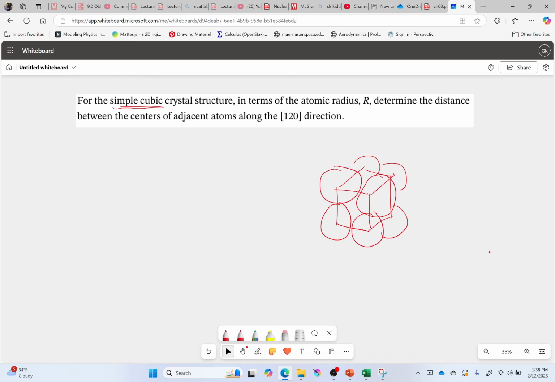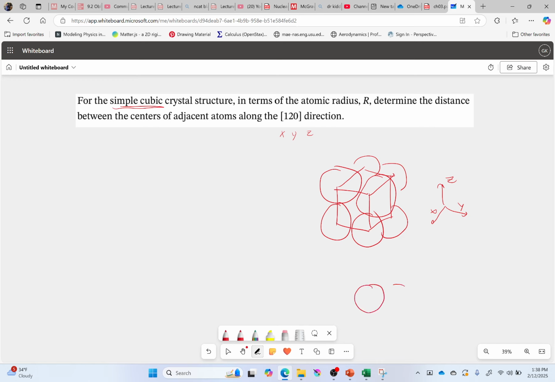Now, what is the 1, 2, 0 direction? Well, I can define this pretty much however I want. It doesn't matter too much. So 1 is the x direction, 2 is the y, 0 is the z. That's the third one. And so going like this would be the x, this would be the y, that is the z. So 1, 2, 0,